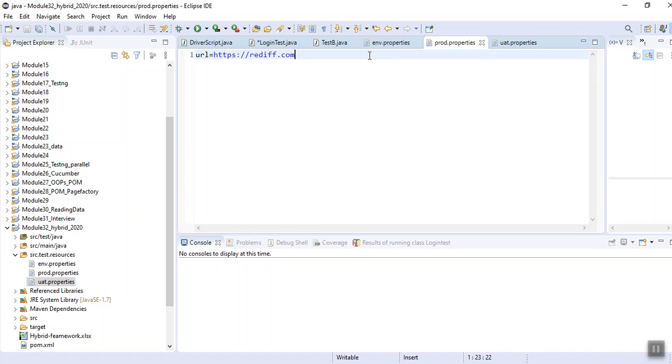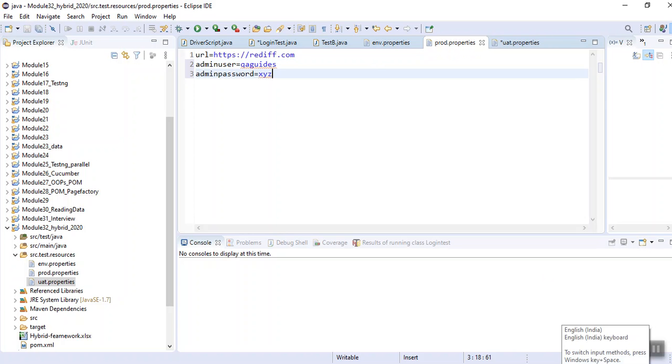And suppose in UAT we can keep the URL as uat.rediff.com. For production we have properties like admin user is equal to QAguides, and admin password is equal to XYZ. These are the properties which we have for our production file.